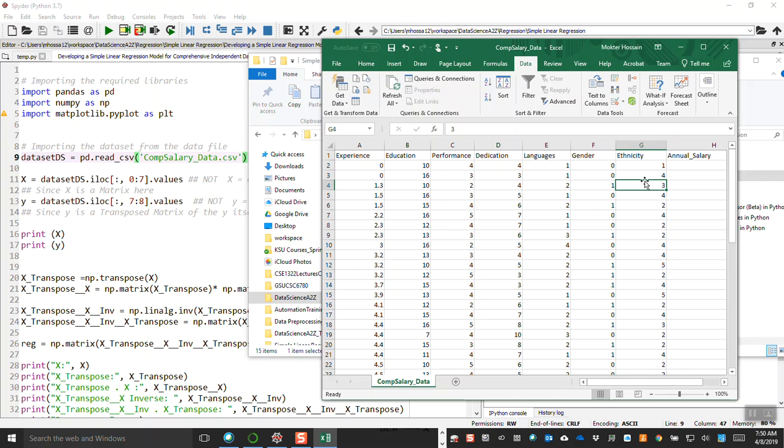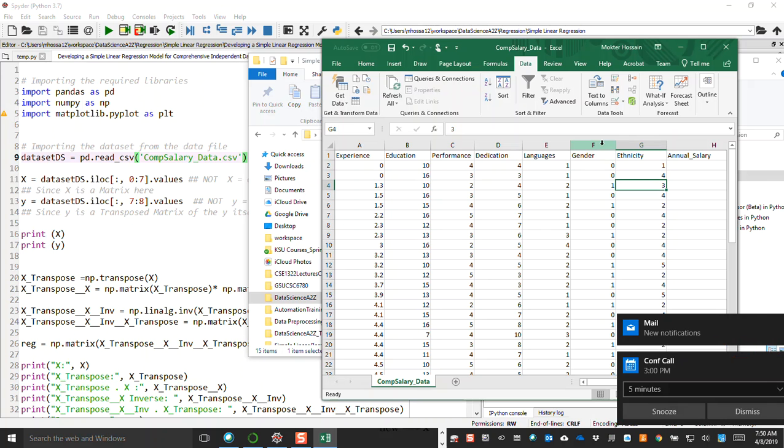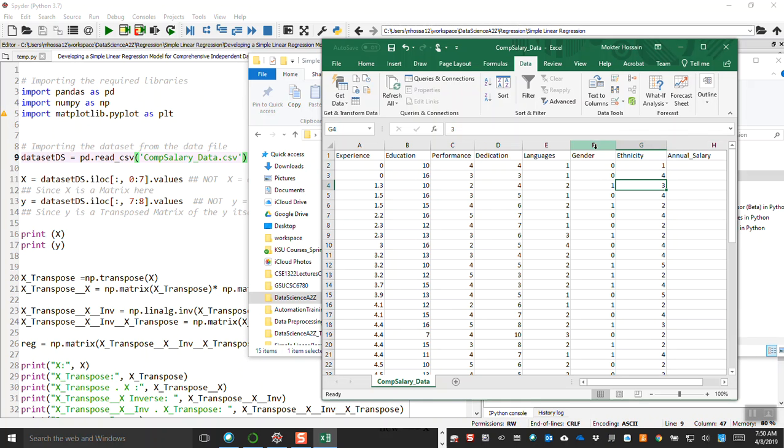We are not segregating, but just assume this in order to develop an extended